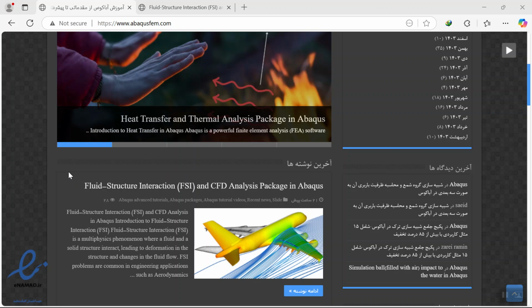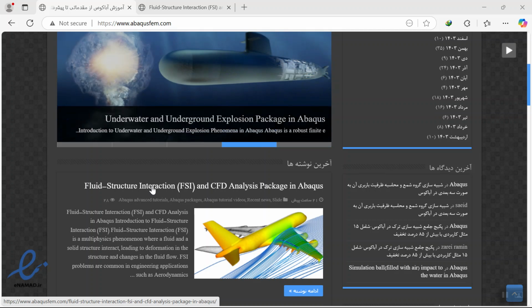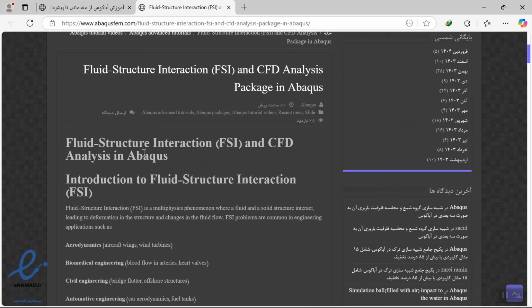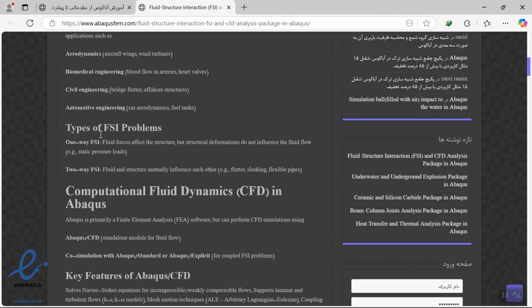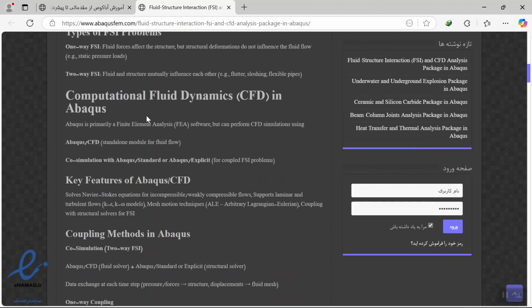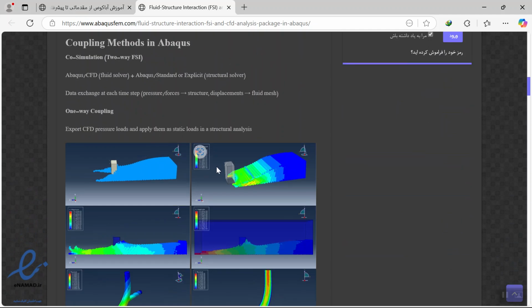Here we have published a package of the CFD and fluid structure interaction in Abaqus. In the fluid structure interaction, we consider co-simulation as the CFD and a standard model, SPH method, and CL model. So if you click on title, then you will have an introduction to FSI and CFD analysis here, the applications, the type, one-way or two-way, then the CFD model, and you will have here some figures of the model in